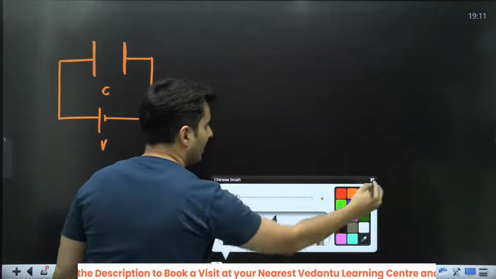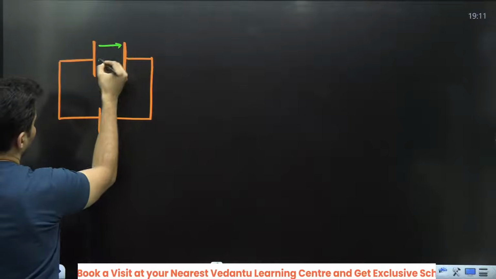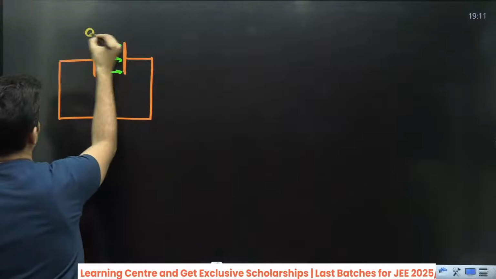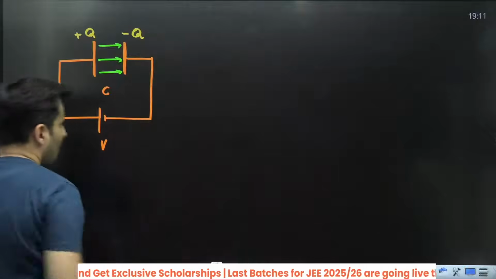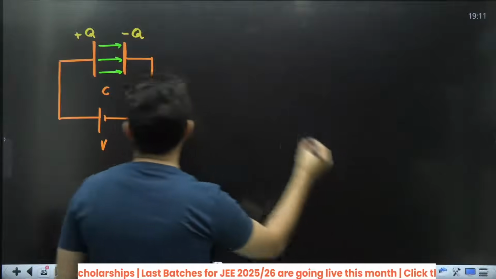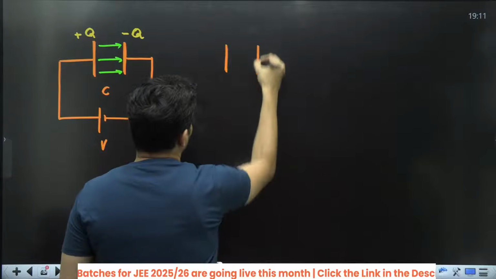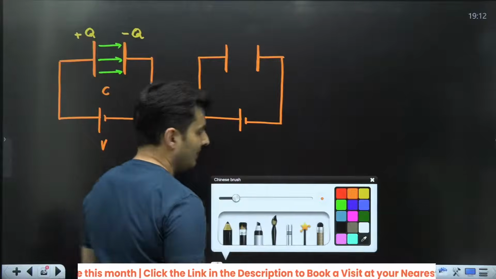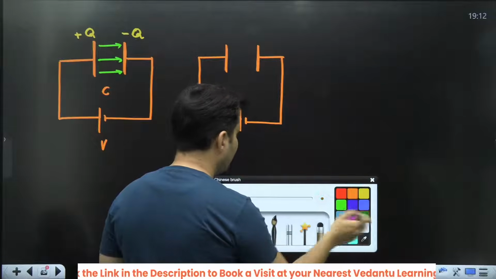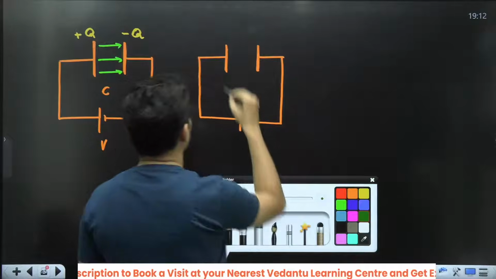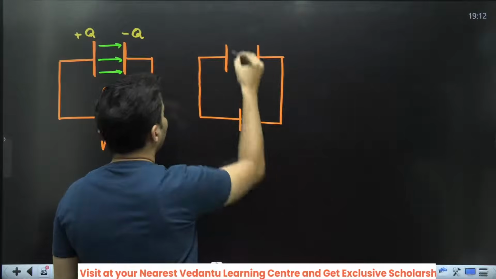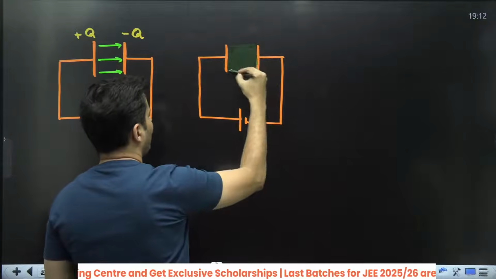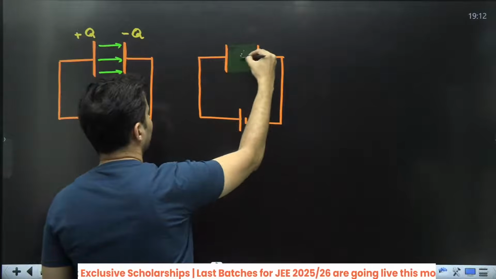Imagine there is a capacitor and it is connected to a battery. So there is some electric field here. There is some charge on this, plus Q, minus Q. Now what I do is, in between these plates, I add some material. Let's say like this. I have added some material in between. I hope you can see this small color.